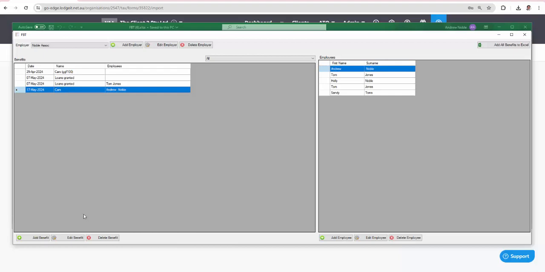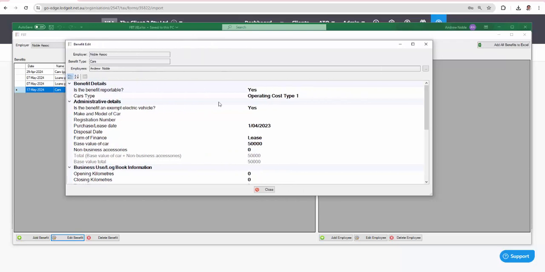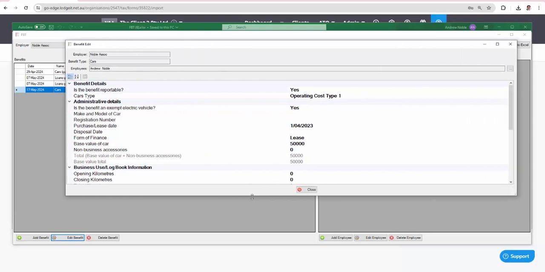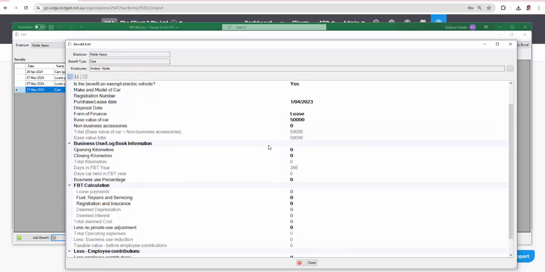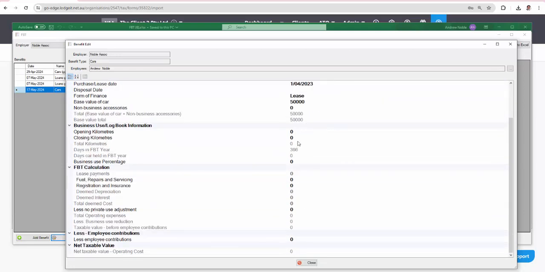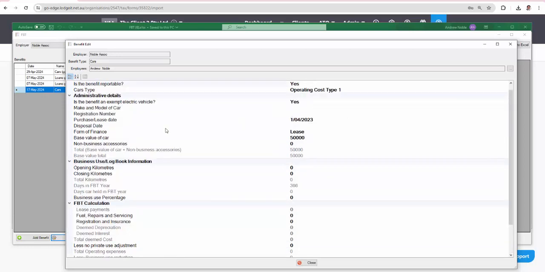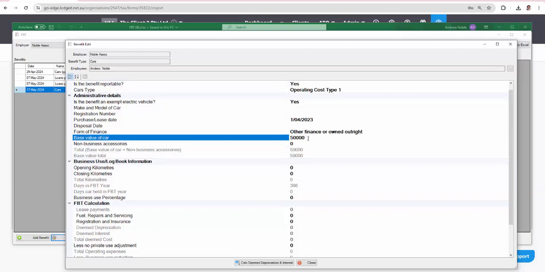If I double click on a benefit or edit the benefit, that'll actually open in another page. So for each one of these benefits, we'll leave some instructions. But at the end of the day, what you're essentially doing is working with operating cost types. So in this case, let's actually use the motor vehicle version here. So let's say we've purchased this right at the start of the financial year. The form of finance, well, maybe it's financed. The base value of the car,